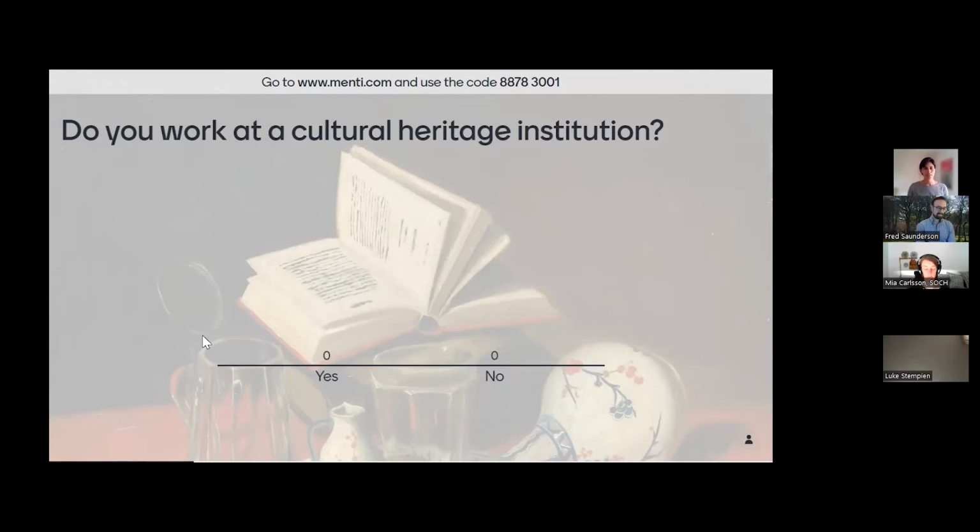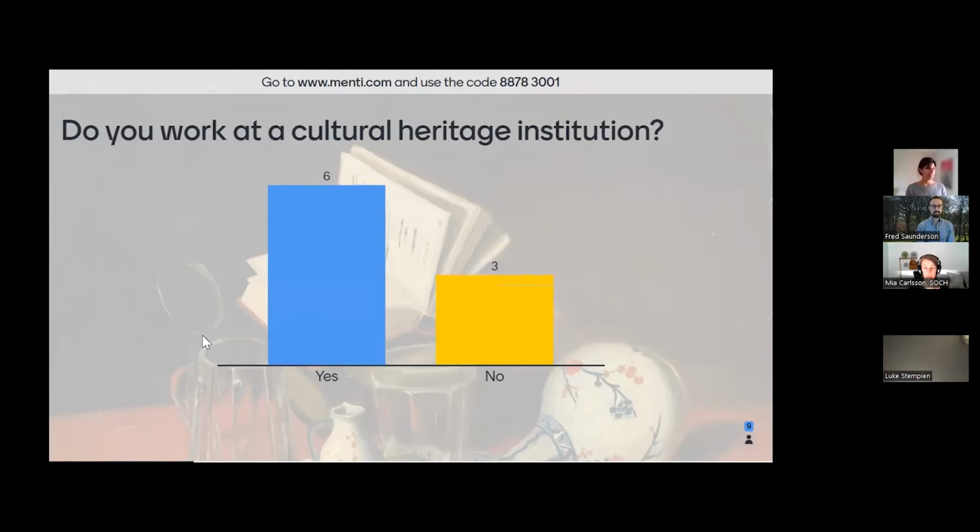The first question is really, really simple, hopefully. So code 88783001. And the question is, do you work at a cultural heritage institution or advise a cultural heritage institution? And we're particularly interested in that because those of you who work at a cultural heritage institution are the ones who can potentially benefit from the management guidelines.